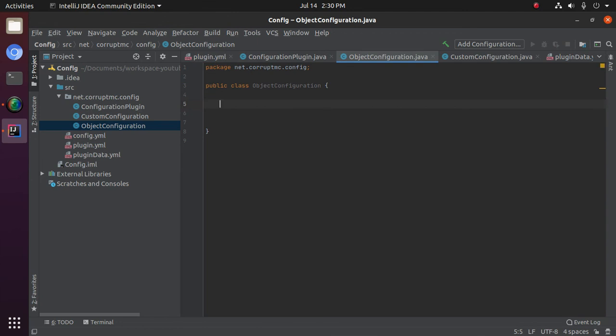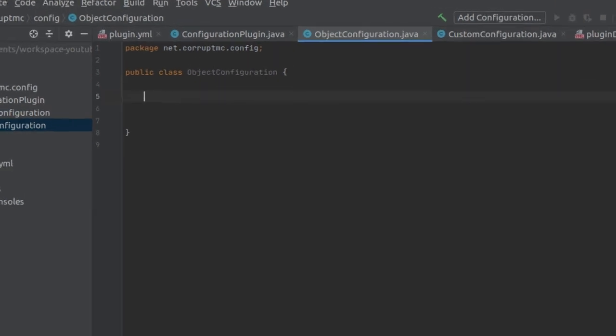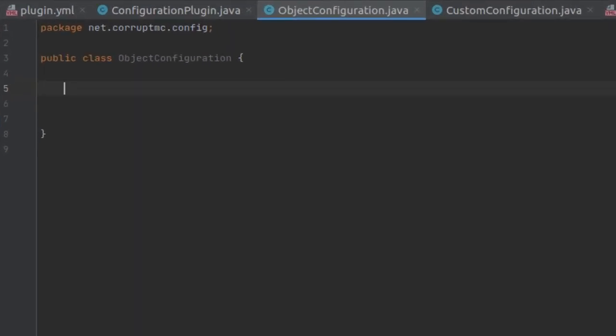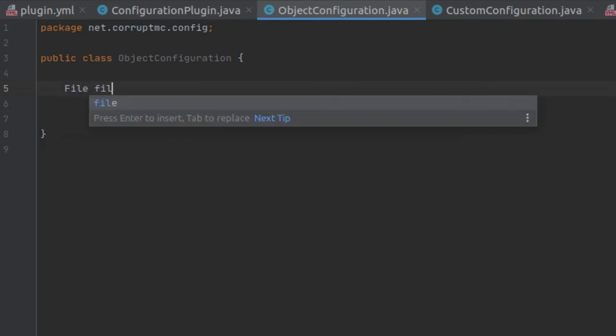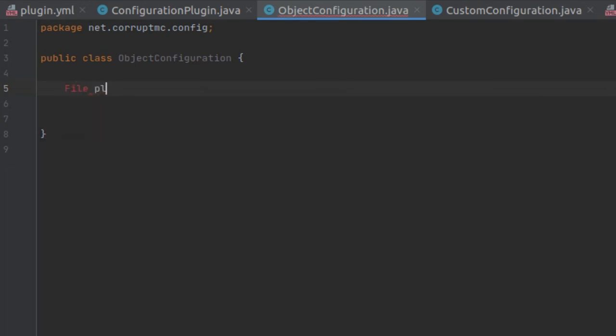Alright, so the third type of configuration is definitely the most complex one. It's object configuration. Now for this, you want to keep it as dynamic as possible, while also minimizing all the variables you have inside of the class to reduce resources. So you're going to only put the necessities in here, such as a file named file. We're going to go ahead and make the file of all the players on the server containing such information such as their health, their